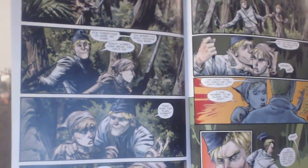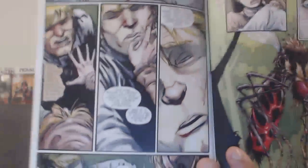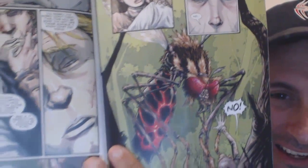She doesn't want to be alone. She wants to be protected. But the corporal takes it the wrong way, and he feels like he wants to hook up with her, and all of a sudden he gets angry because she says no, and no means no. And as he starts in on her, basically what happens is, as he's on top of her, a big insect-like creature